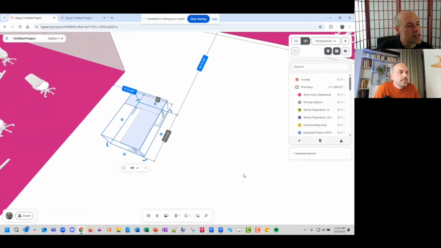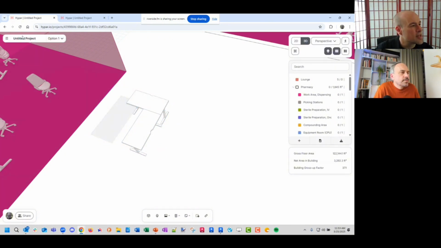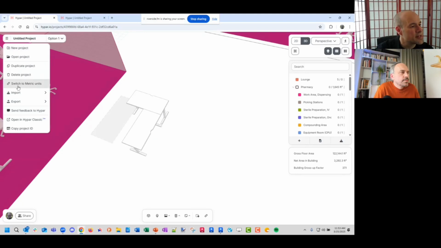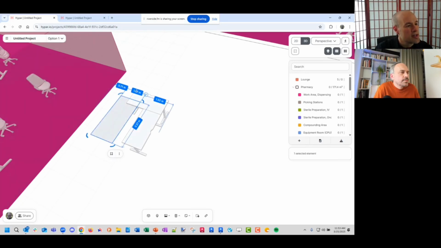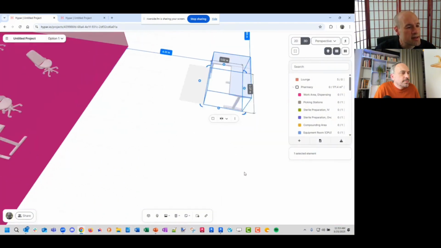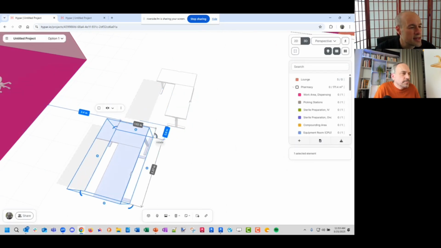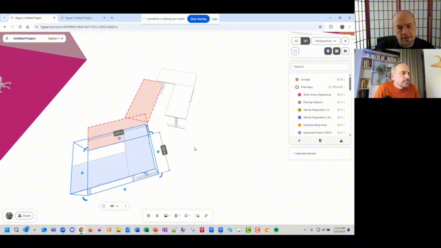Okay, so let's add a clearance here, right? And so now we've got this guy. And we can set him up here. Let's be courteous to the European customers, switch to Imperial. And let's say we need a 1 meter clearance by this desk, and that travels with it. Now, let's say I have another desk here, and I'm going to take this guy and turn him. And you see, as soon as the clearances intersect, it lights up.